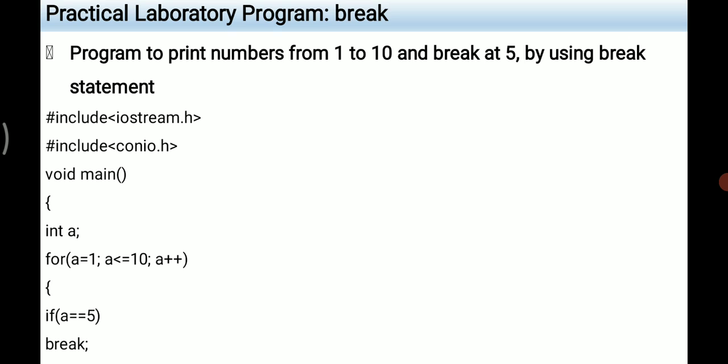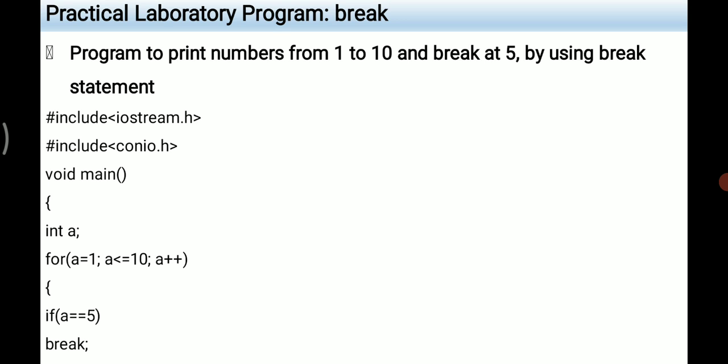Why is a break statement used? Break is mainly used to terminate the loop. So if you want to terminate a loop, or if you want to exit from a particular switch case, in that case we make use of a break statement. When break is used inside any loop, the control comes out of the loop, and this will execute the next statement, and the execution continues with the next statement.